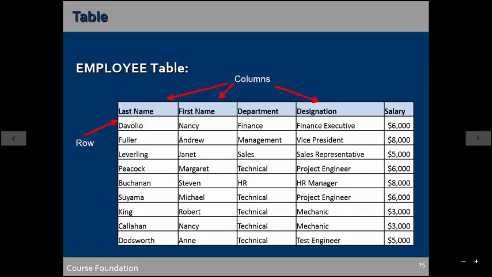Suppose I have two persons who have the same first name and last name. If I want to designate a particular person, if I want to talk to that person, how would I say that I want to talk to that person?